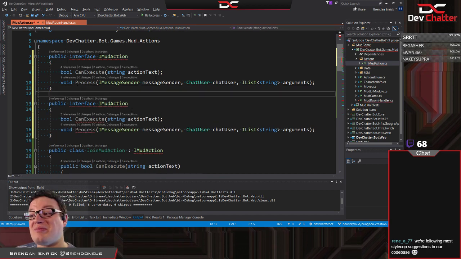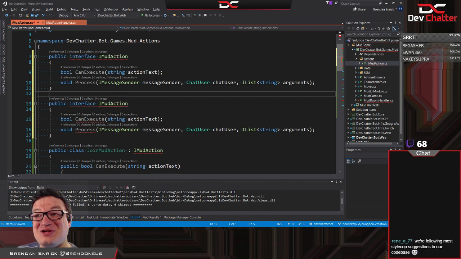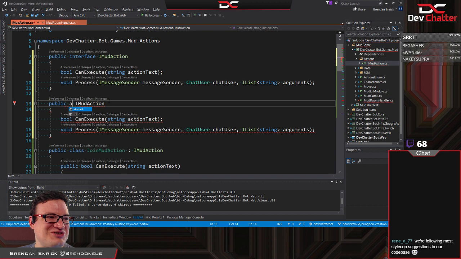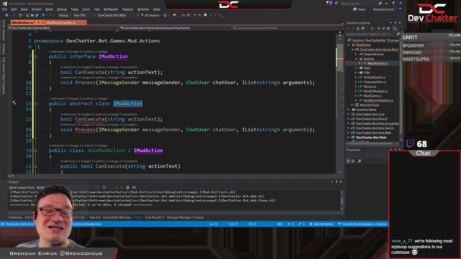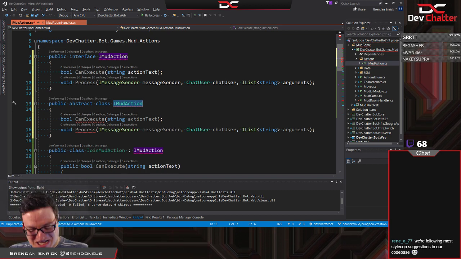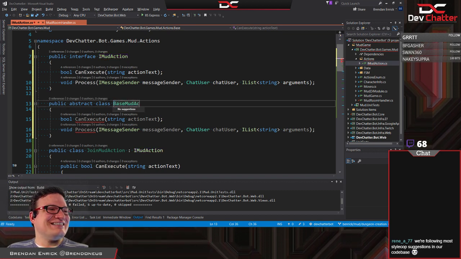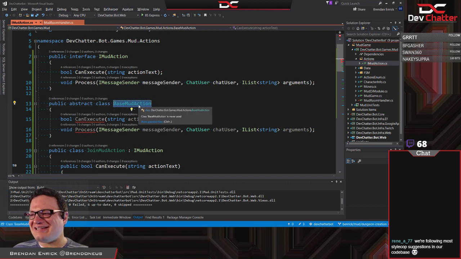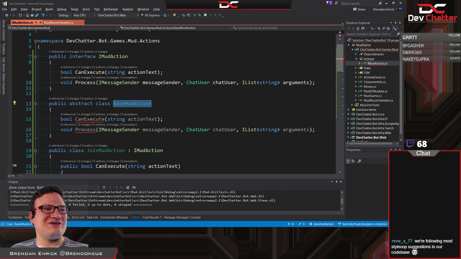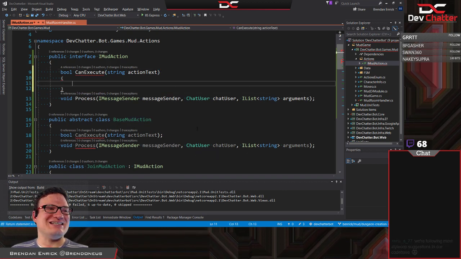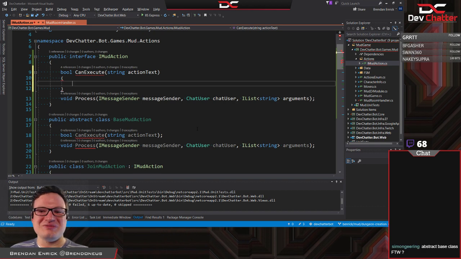See, it's funny, I really want my default implementation of an interface, everybody. I really almost want that thing that is so controversial that is coming in C# 8. And for anyone who doesn't know, there's a feature coming out in C# 8 that is slightly controversial, to say the least. It's allowing you to have a default implementation on an interface, so you could do like this, and define the default implementation.